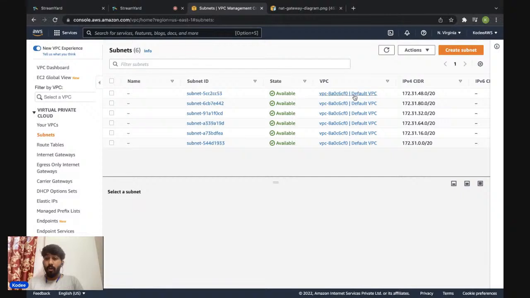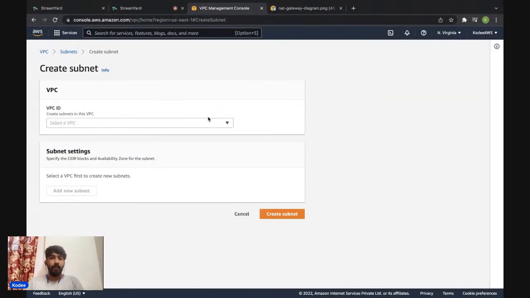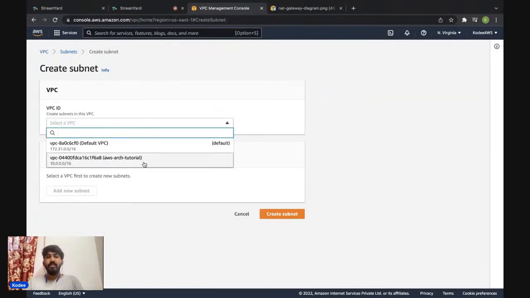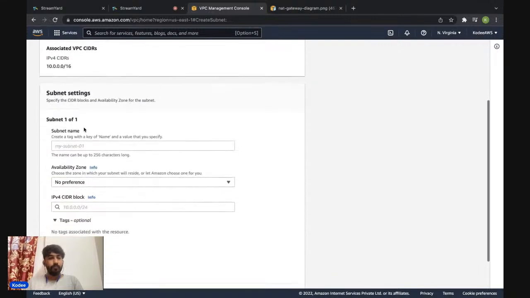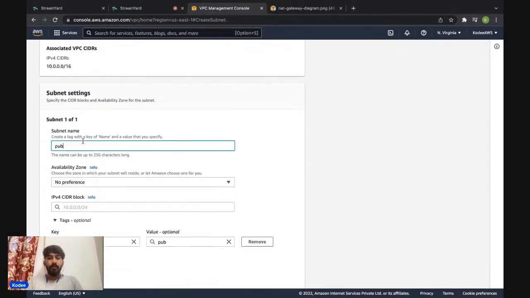Now you can see these are all the subnets of the default VPC. It's written clearly, do not delete the default VPC subnets. Once again, just to tell you guys. Now let's create two subnets which we require for our VPC. Clicking on it, selecting the VPC, which is AWS Architecture Tutorial. Selected it. First one, I'm just going to name it public subnet